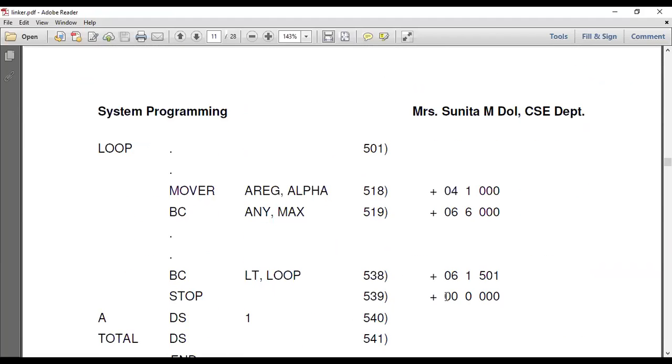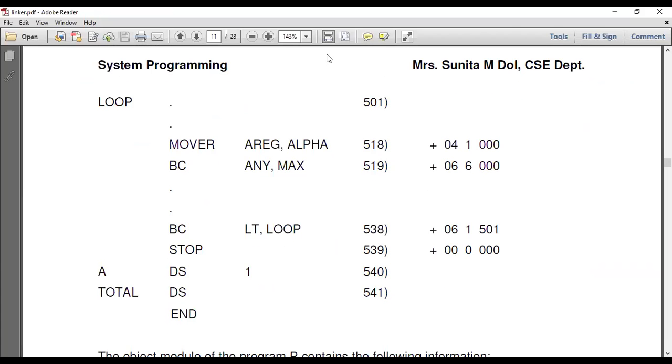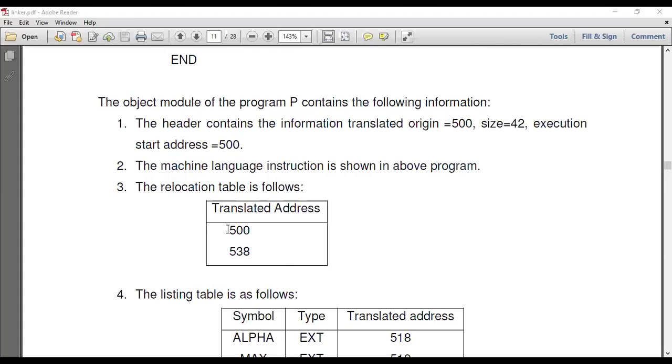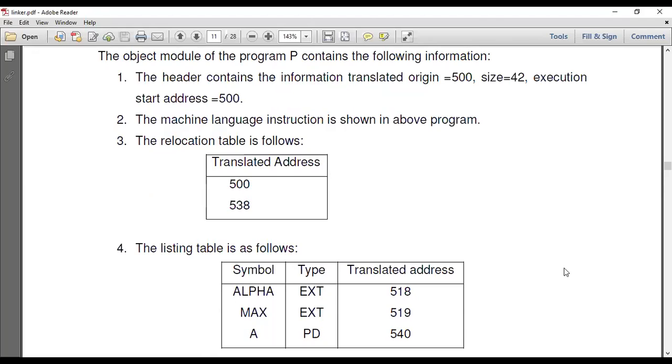So both programs are different. That's why our calculation is going somewhat different. Okay, so I have to go with our first program, that is the 500 and 538. Because in our previous program we have the read A instruction, and at the 538 we have the value of A. So that is what it is saving here. Okay, that is the part of our confusion.